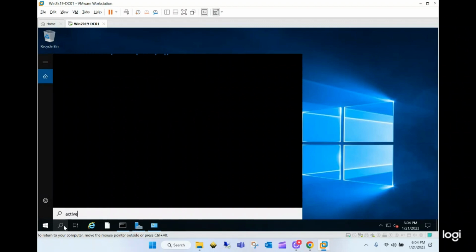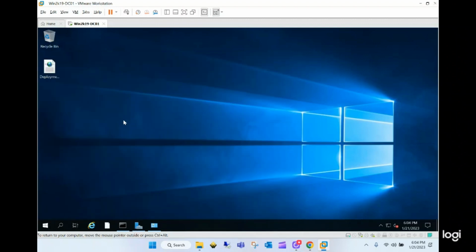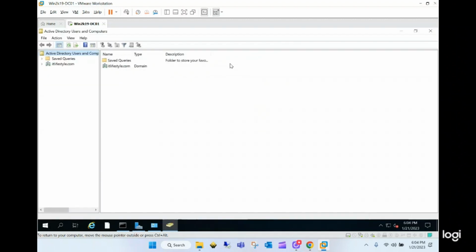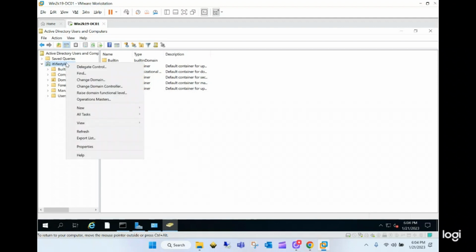Active, you can just type Active Directory Users and Computers. And so we have our itlifestyle.com site, and we can create actually one OU